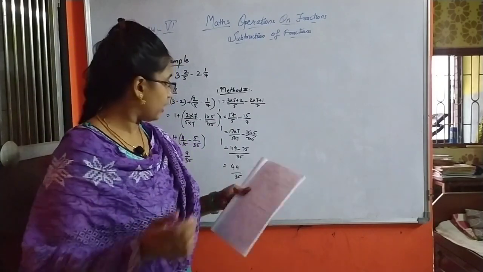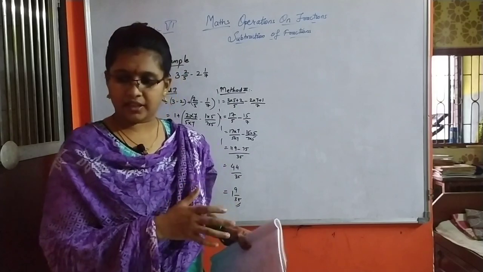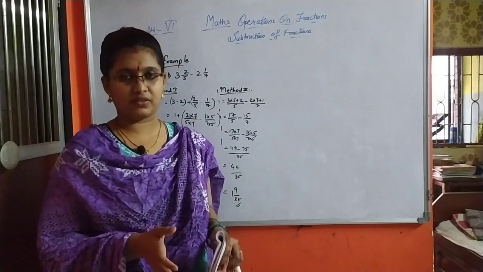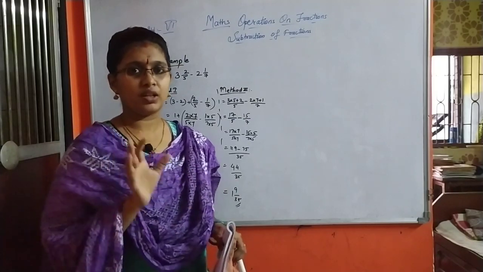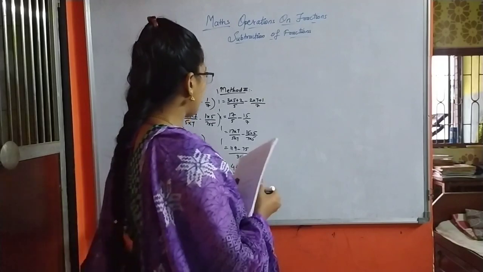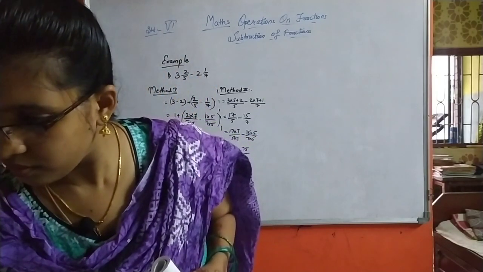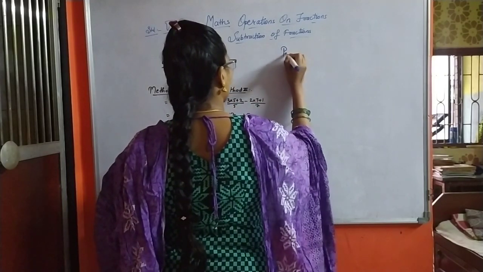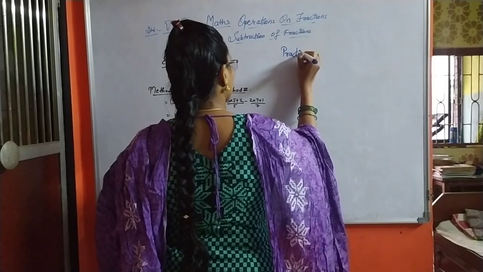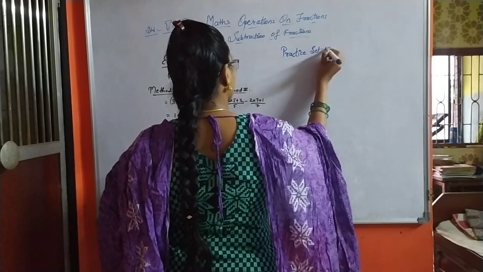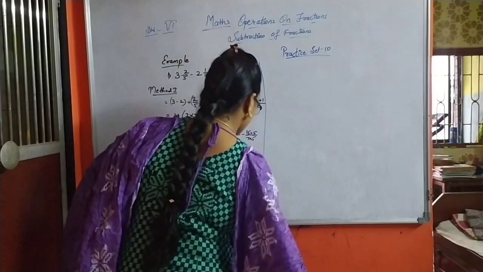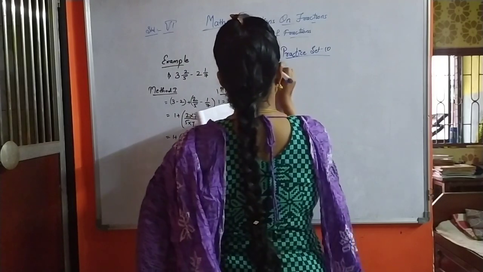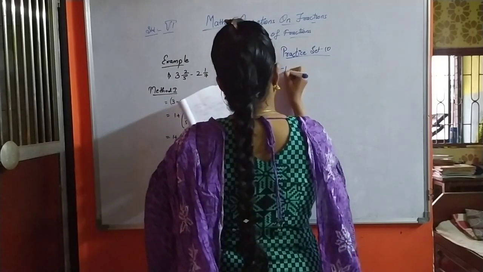Still, what I'll do is now I'll take the practice set 10, where we'll be solving some more questions on subtraction, and some for your homework purpose, that is for self study. So let's take up the questions from the practice set 10. The first one in the practice set, the question is 3 1 upon 3 minus 1 1 upon 4.